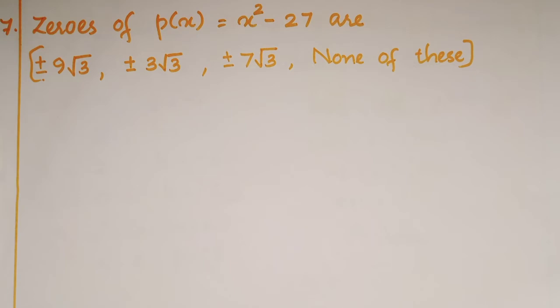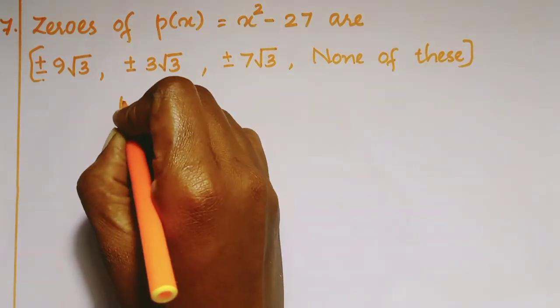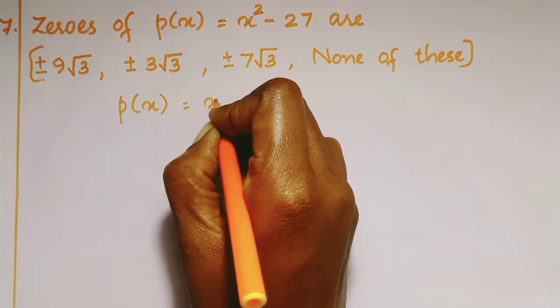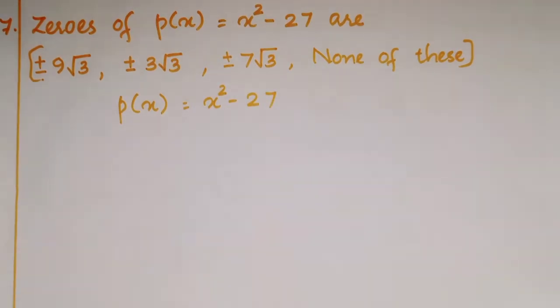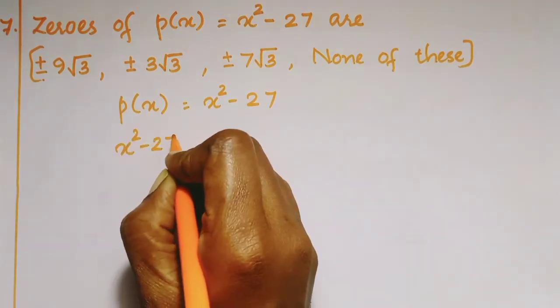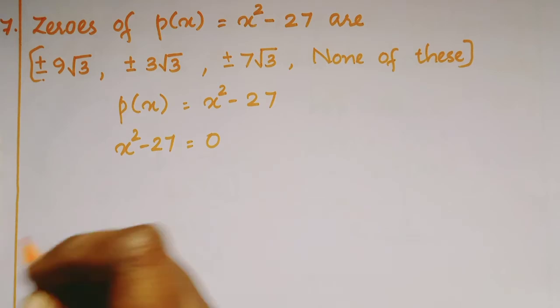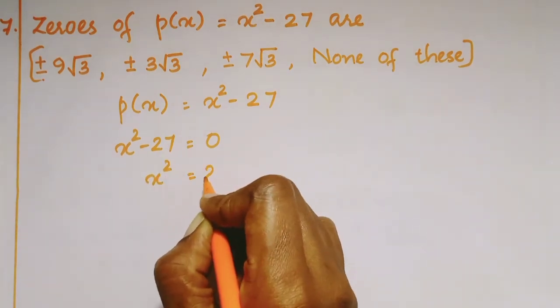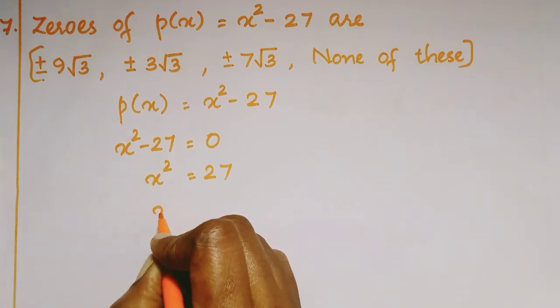Seventh question. Zeros of p of x equal to x square minus 27 are, the options: plus or minus 9 root 3, plus or minus 3 root 3, plus or minus 7 root 3, and none of these. We are given p of x equal to x square minus 27. Then x square minus 27 equal to 0. x square equal to 27. Then x equal to,